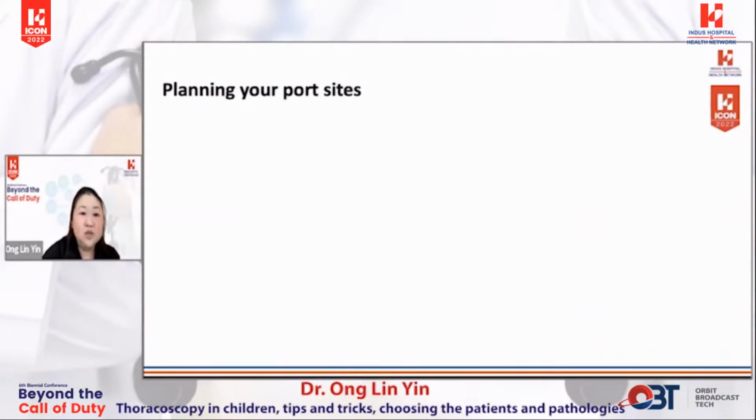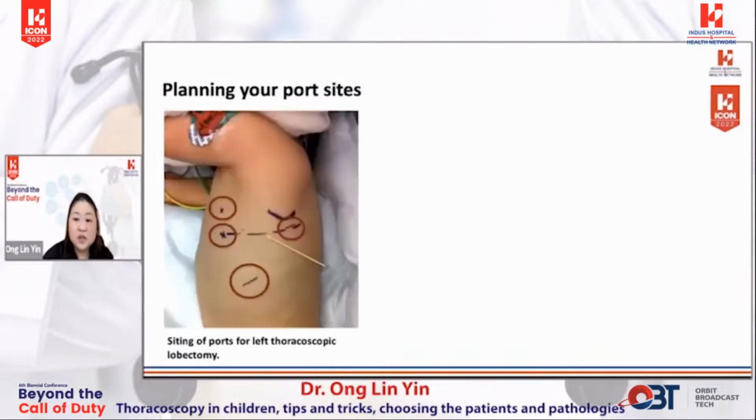Perfect placement of ports is also essential in thoracic surgery. Unlike in abdominal surgery, it's not possible to partially compensate for poor placement by using force. The ribs are rigid and the port stays in the position that it is placed. In a small child, there's little room for error. Wrong placement may mean that the scope is impeded by an outstretched arm and the view in a certain direction is limited. These pictures show the port placement for a left lobectomy.